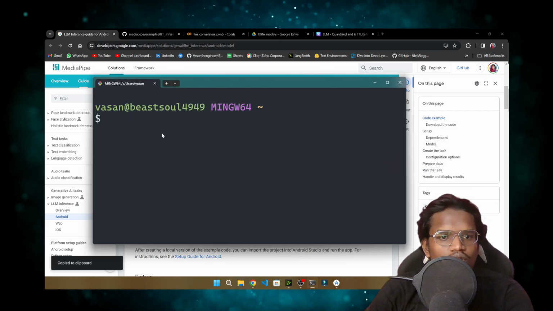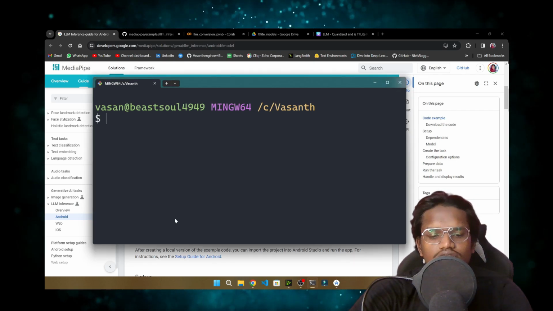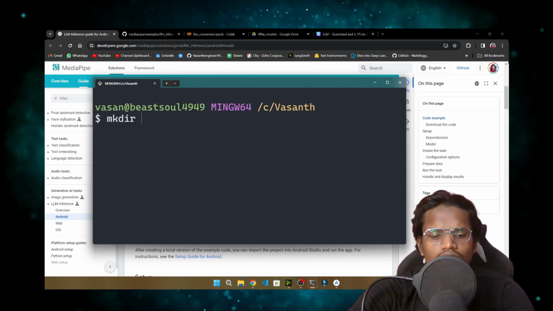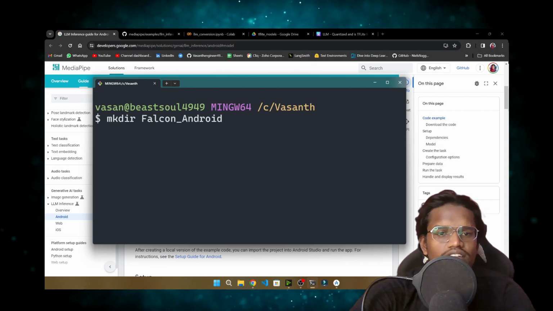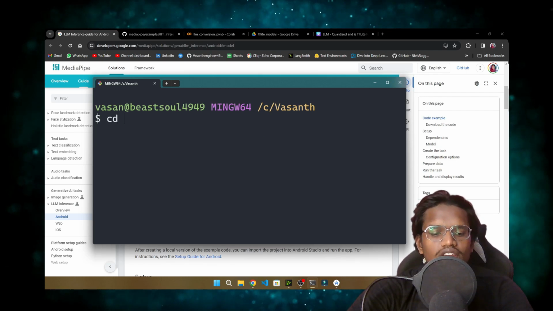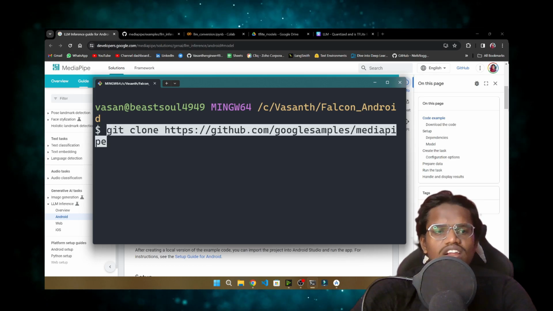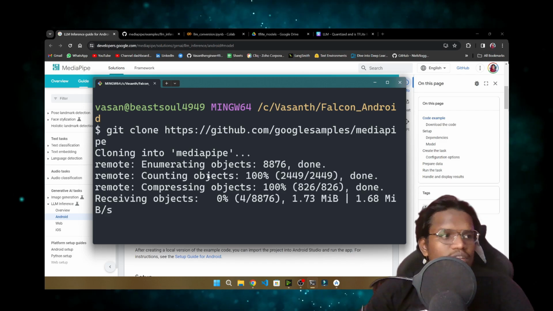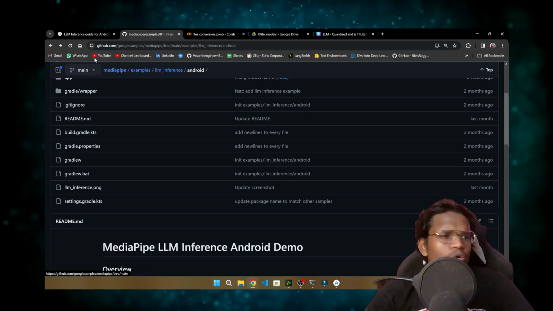Okay, so for this, I'm going to create an empty folder now. Let's say it is mkdir Falcon Android. Okay, I'm going to create that. Now let's do a cd into that. Now paste that command. Okay, git clone. But the problem is,